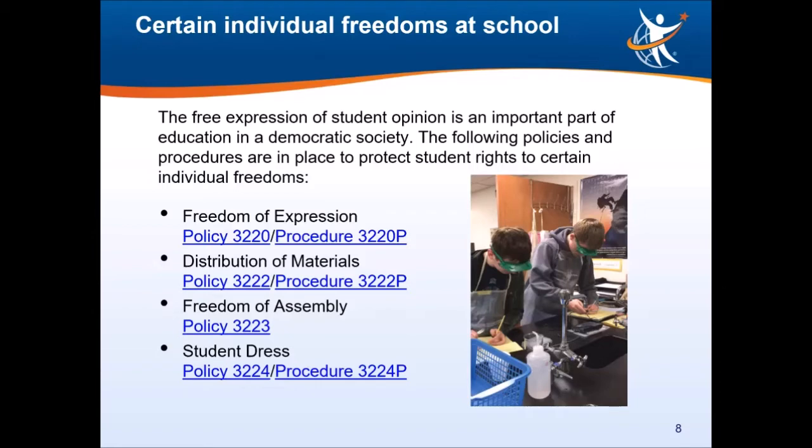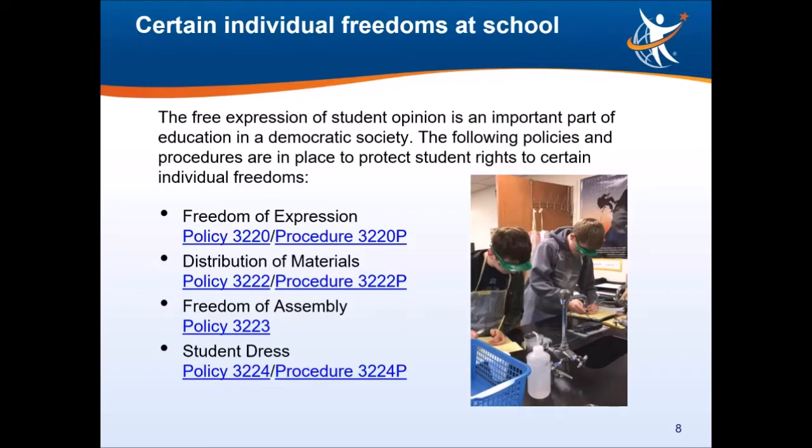Following Policy 3220, students' verbal and written expression of opinion on school premises is encouraged so long as it does not substantially disrupt the operation of the school or otherwise violate district policy or procedure.